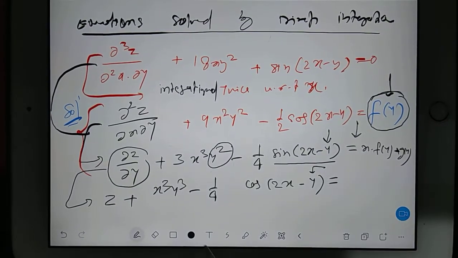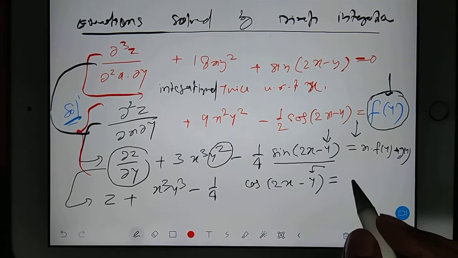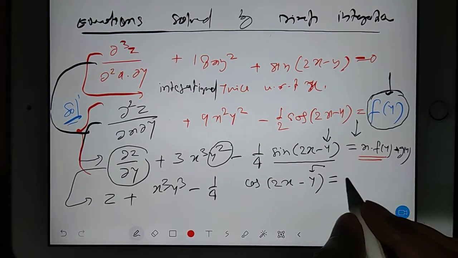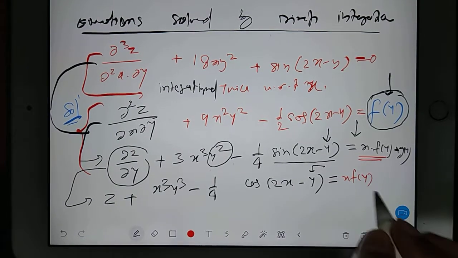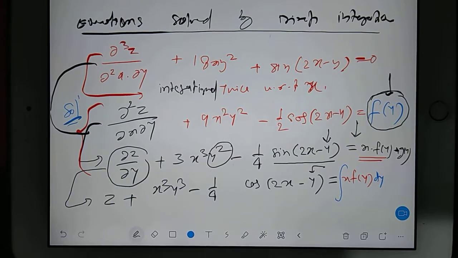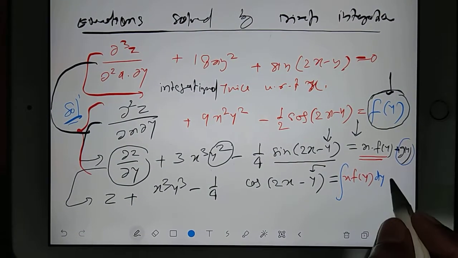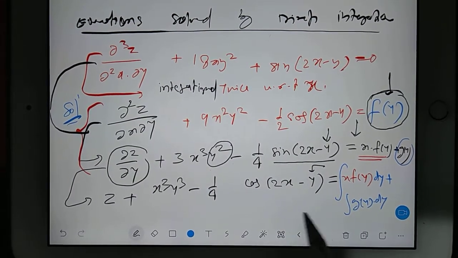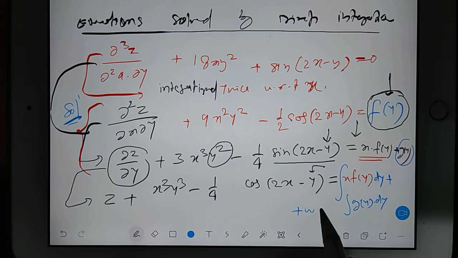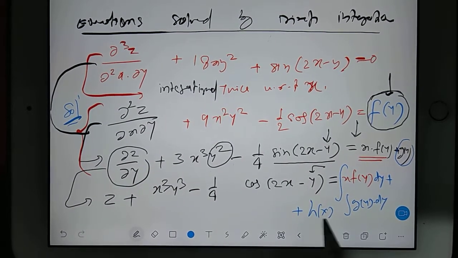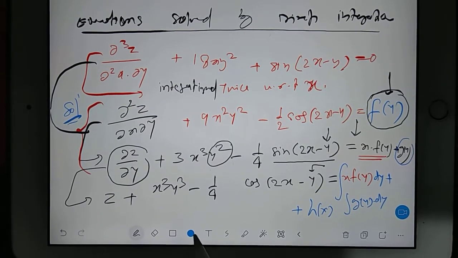Now in the right side, few terms will come. Now let's understand what are the terms coming in the right side. Here integration will come, like x and fy, they are behaving like a function. So we are integrating this function, so dy will come. And again here we have gy, so plus this gy also we are integrating, so dy will come with gy also. Plus one extra term will come, that will be the function of x, you can write hx. Hx is also very popular thing. Plus hx will also come.